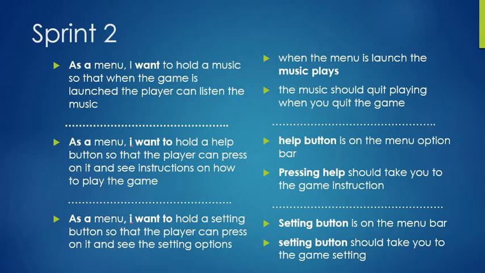you quit the game. As a menu, I want to hold a help button so that the player can press on it and see instructions on how to play the game. Basically, there is a help button on the menu, and whenever you press on help, it should take you